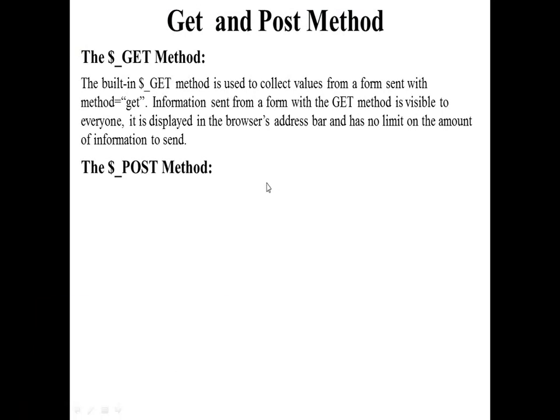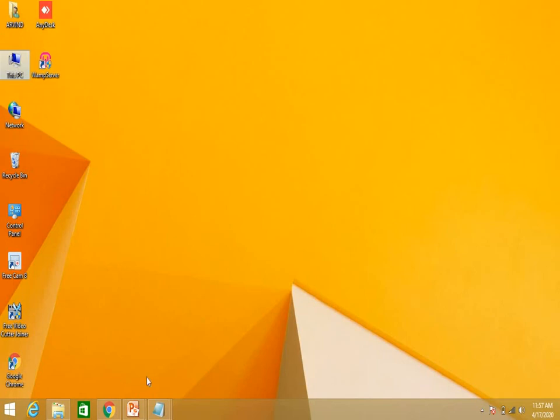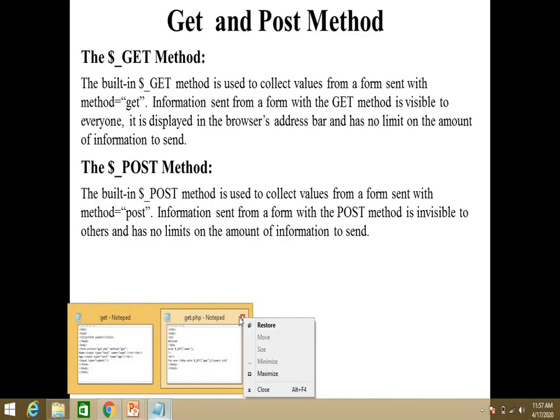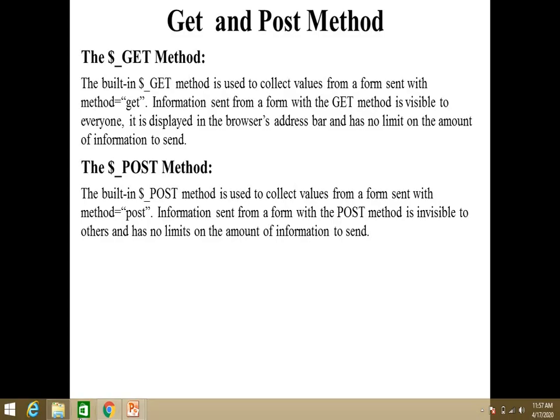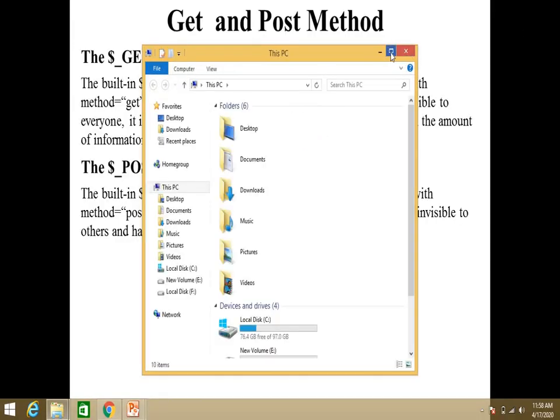Next is the post method. So in the post method, as you are seeing, get will show the information in the address bar, while the post method will hide it. Let's see an example of this. I have written the PHP program as well as the HTML program for this.